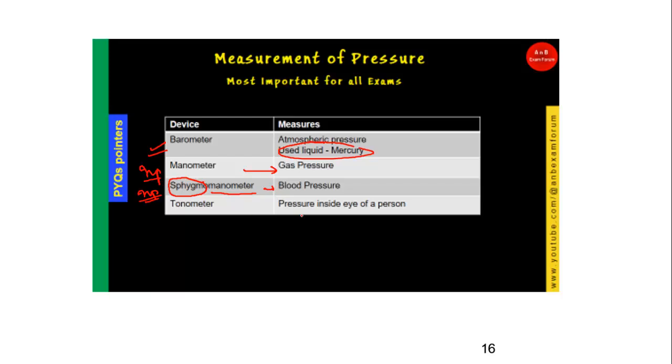And the tonometer is going to measure the pressure inside the eye. Okay, so out of these four, these three are very important. Sphygmomanometer is related to pressure, but since it is sphygmo, it is going to measure blood pressure, whereas manometer is only for gas pressure, whereas barometer is used to measure the atmospheric pressure. Okay,